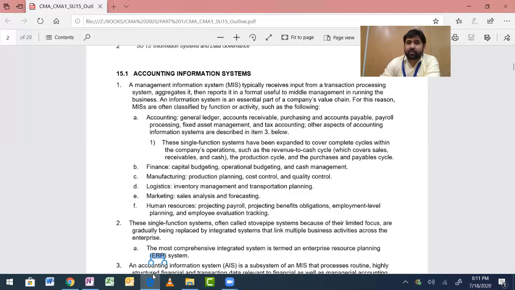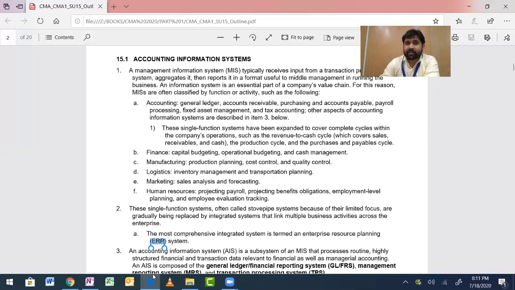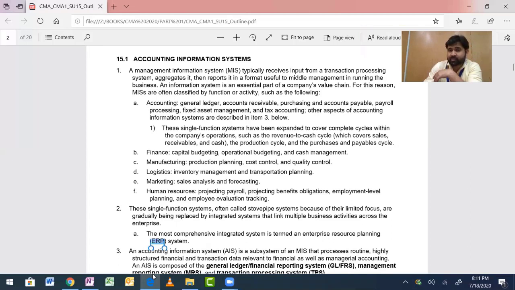These management information systems are divided on these bases, basically on a department basis. The accounting department: general ledger, receivables, they are all part of this. The finance department: capital budgeting, operational budgeting, cash management, all of these are finance department work. Pay attention: if these kinds of reports are being generated from the transactions that were input, from the normal transactions, that is a financial information system, or MIS for the finance department.